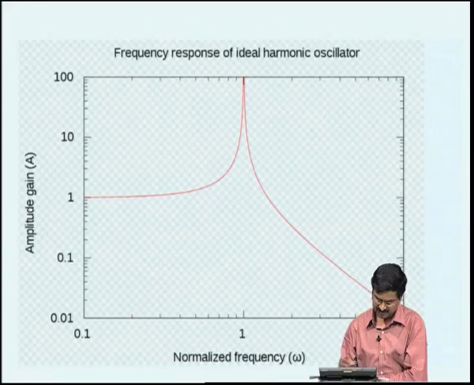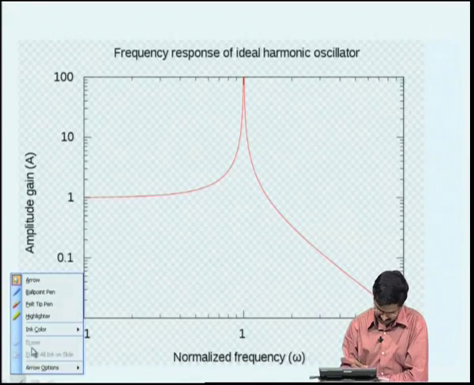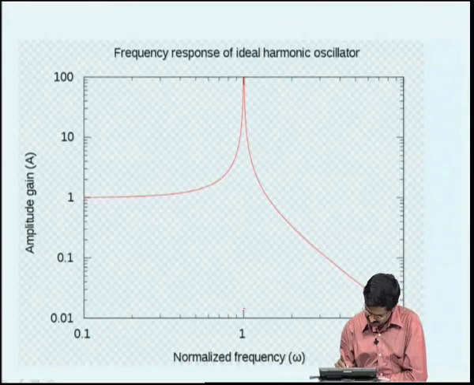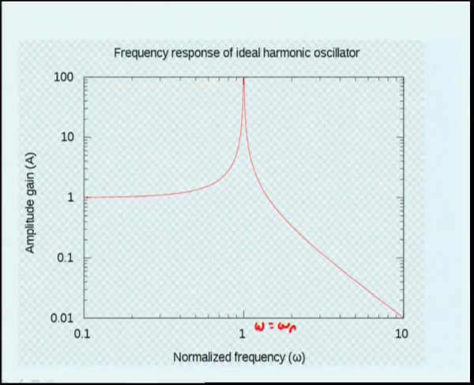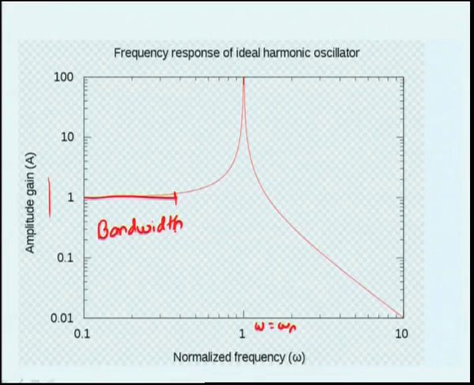Now, we are looking at the frequency and amplitude on this axis. What we see here is that at this natural frequency, where omega is equal to omega n, we have a peak, and this is linear, and also notice that this is on a log plot, 0.01, 0.1, 1, 10 and 100. Over a region it is constant. That means that the amplitude here is independent of the frequency, and that is what we call the bandwidth. So, whenever you have an oscillator, a spring mass oscillator, that is the bandwidth. We will discuss this bandwidth and how it